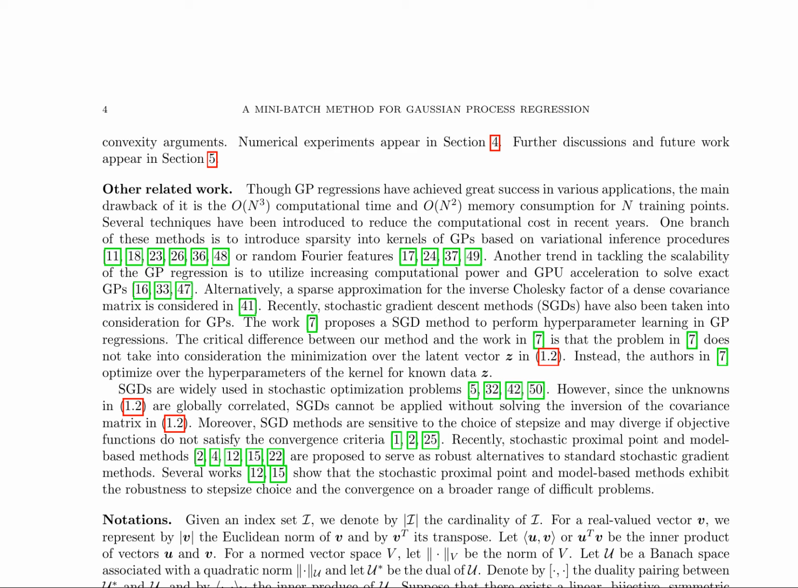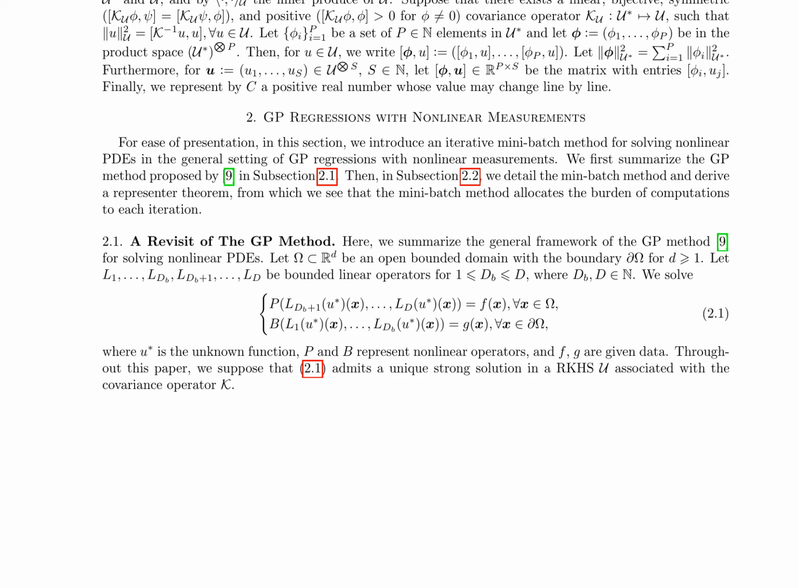To address these issues, various techniques have been developed, including sparse GP methods, GPU acceleration, and stochastic gradient descent, SGD, methods. However, SGD methods are not suitable for this problem due to the need to minimize over the latent vector z in the objective function. The proposed minibatch method allocates computational burden to each iteration, ensuring robustness and efficiency. This approach is novel and has the potential to solve nonlinear partial differential equations, PDEs, in GP regressions with nonlinear